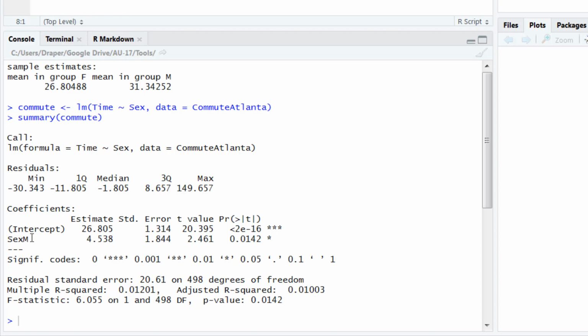Now, what did it choose to put in the model? It chose to put male in the model. Why? It leaves out the first alphabetically, so it left out F, which is first alphabetically, and it keeps male. So what does that mean? Well, the